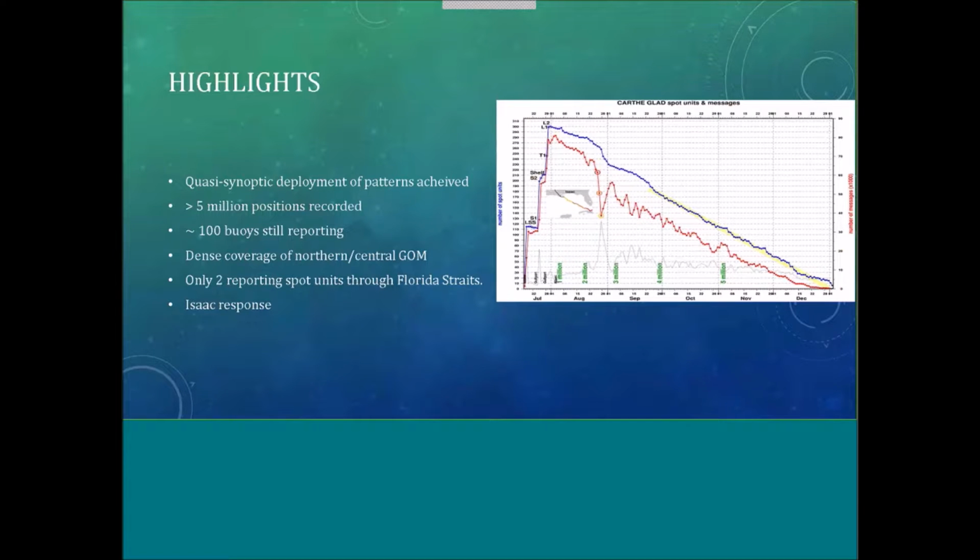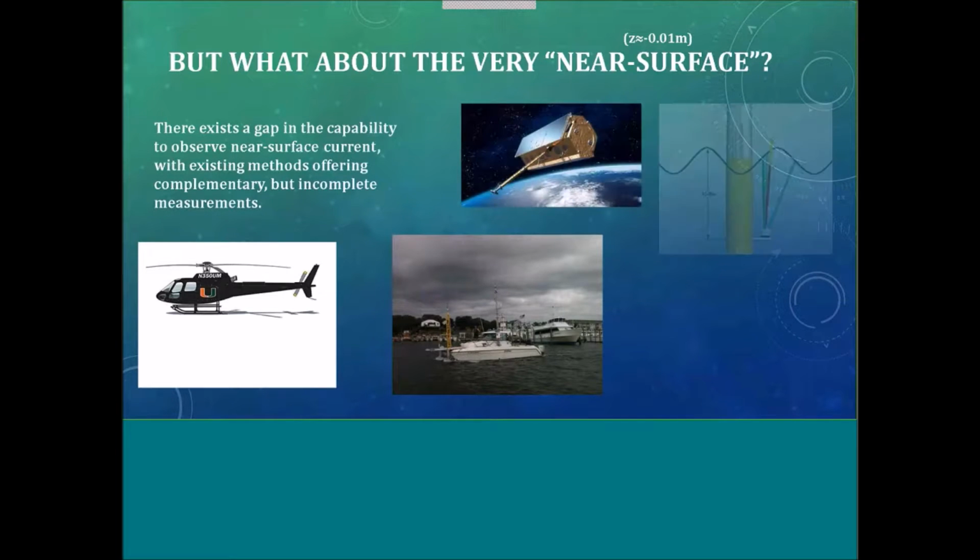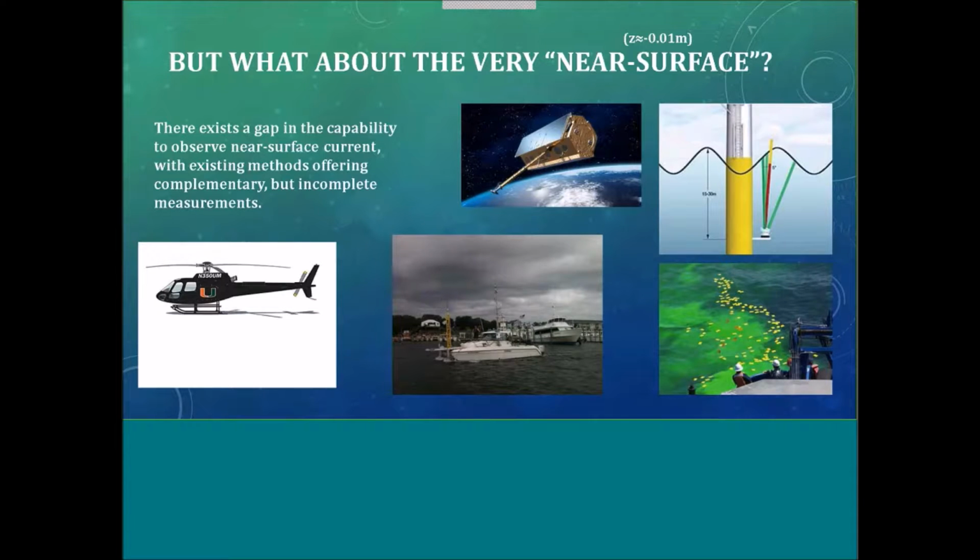So we got millions of positions from these 300 drifters and learned a tremendous amount. But of course, that just opened up a whole new set of questions for us, of detailed things that came out of this analysis. There have been many, many publications from that data set already, and there will be many more. But it opened up a lot of different questions about these scales and what is controlling the different scales, what processes are causing the way these things distribute, as you saw in that. So getting more into the actual physical processes, we understand a lot more about what happens to these surface drifters, but then what are the processes.